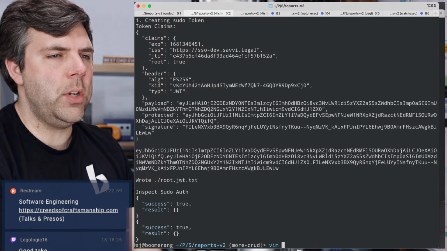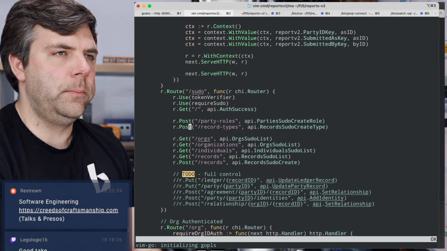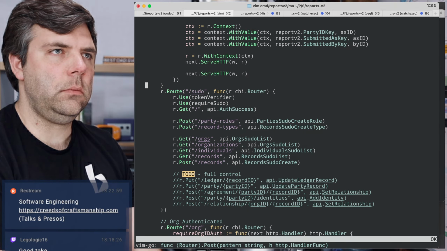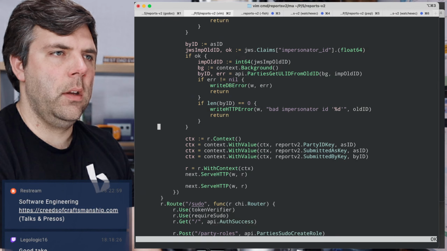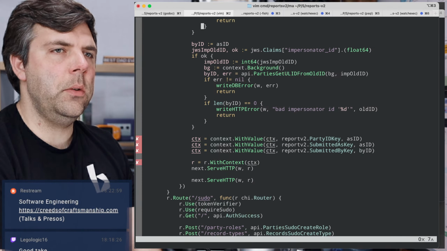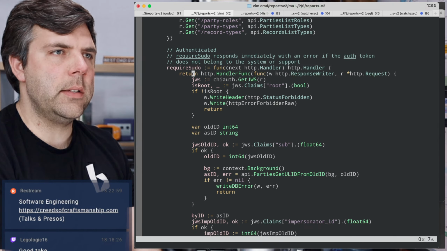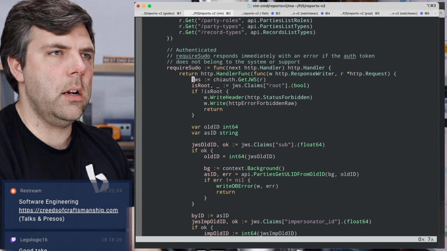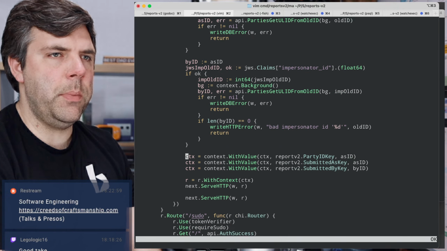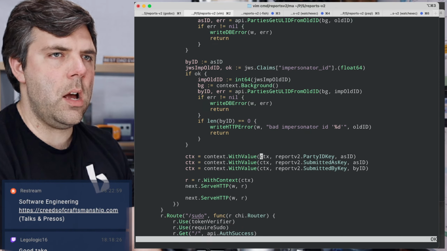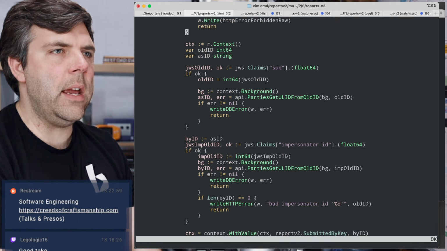Okay, I need to change something here. I think I need to start the context higher, say up here, and then I need to have these bits that add the context values as they appear.